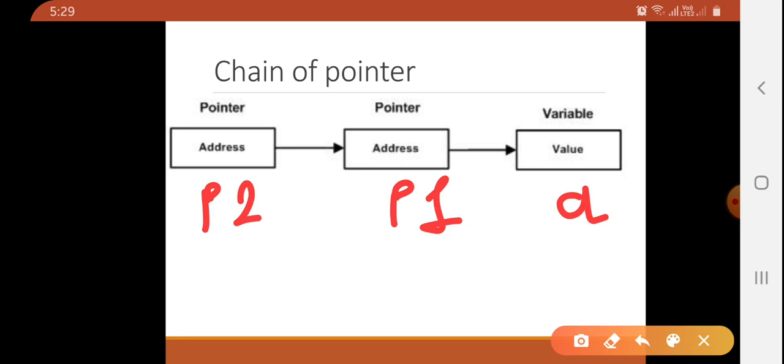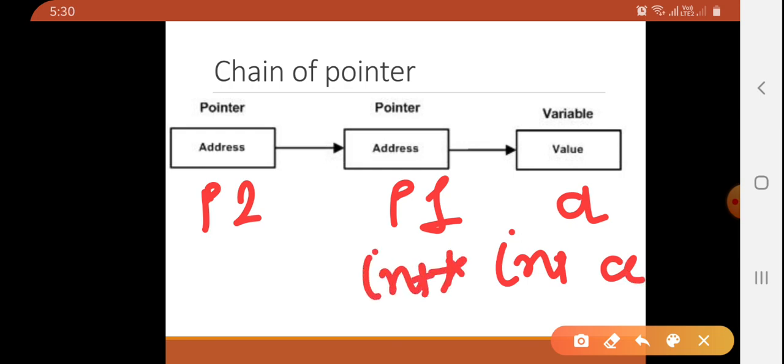A variable that is a pointer to a pointer must be declared using an additional indirection operator symbol. For example, in order to store the address of a, we declare int *p1. Yes or no?